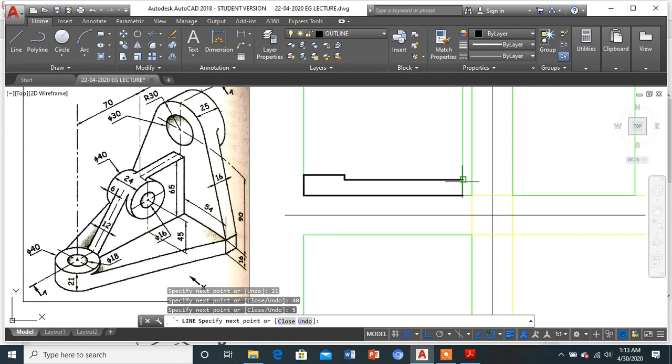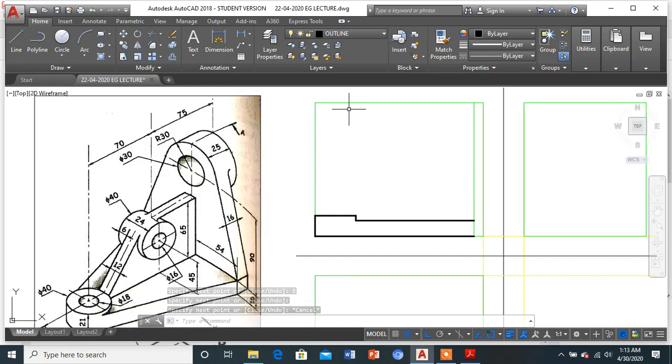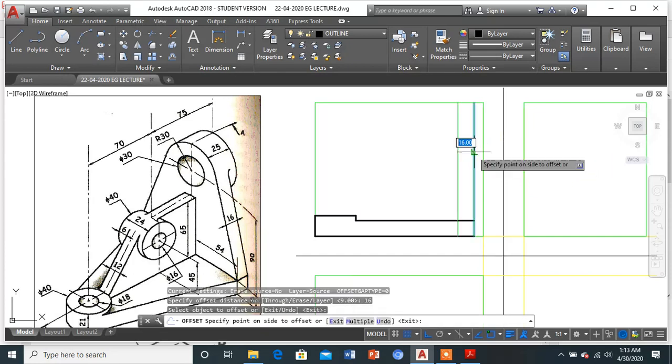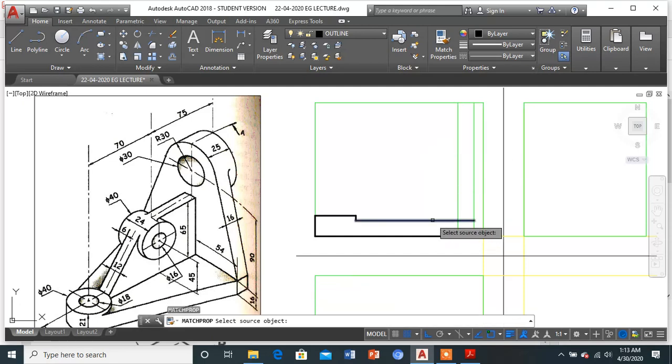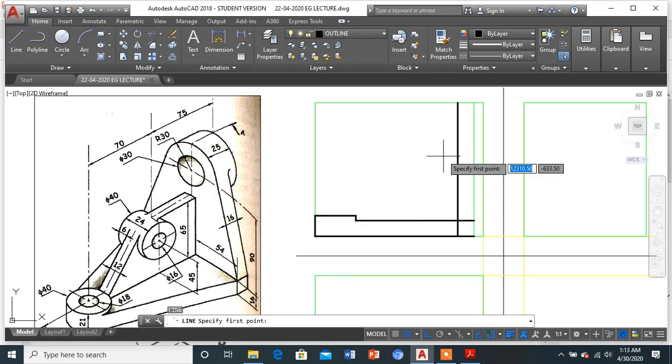Once we are done, on this particular edge it will be going again by 16, so I will draw a line from here by 16 and simply make this particular line dark by 16 like this. Once I'm done, I made this complete part.